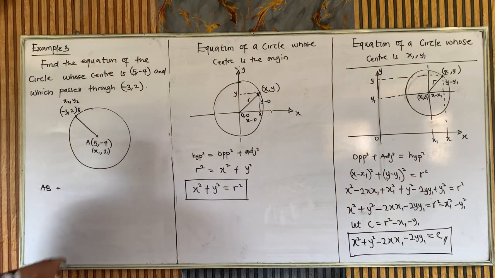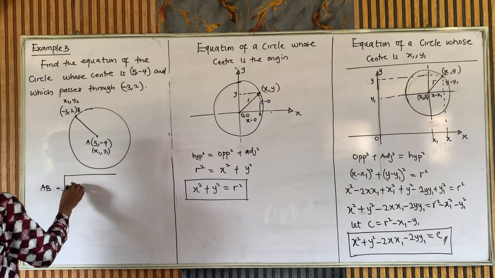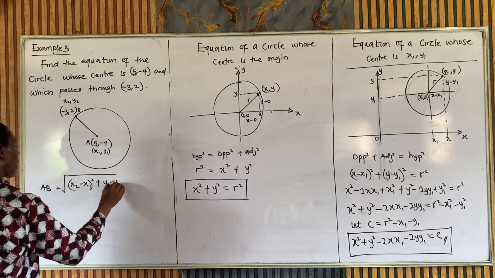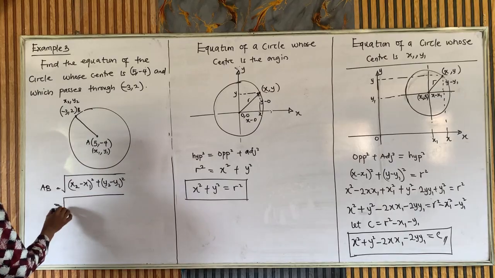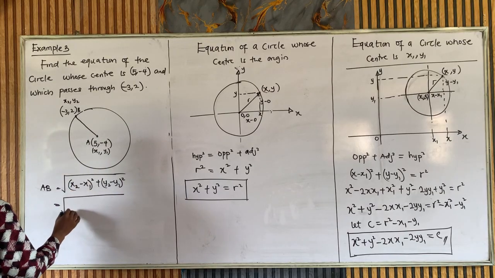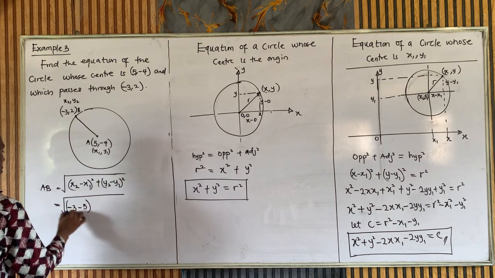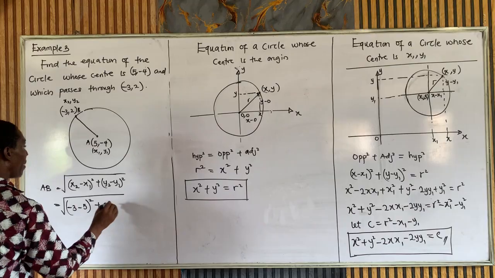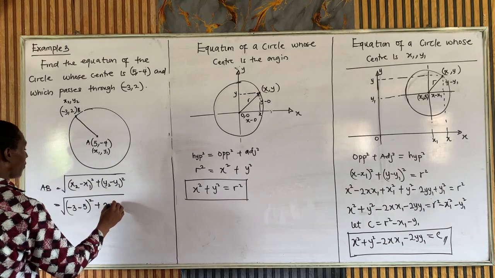And we need the radius and the center to get the equation. So this is going to be the square root, the distance between 2 points. That's what we're using here. x2 minus x1 all squared plus y2 minus y1 all squared, all under the square root. This is going to be x2 is minus 3 minus x1 is 5 squared, plus y2 is 2 minus y1 is minus 4